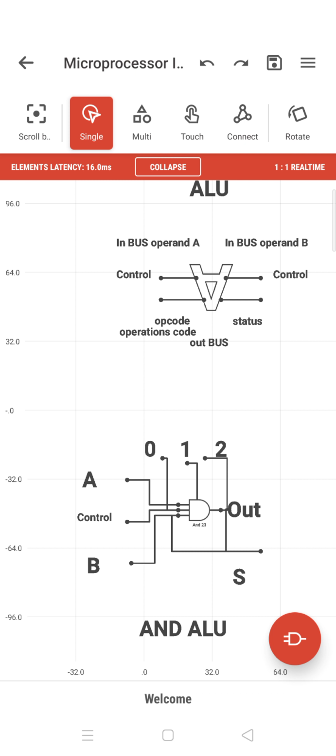Control is where you can make it 0 or 1, depending on whether you want the output to come out. So when you have the control as 1, and A is 1 and B is 1, then you get an out of 1. That is the output, depending on the control and the data operands that you have. If you have data operand A equal to 0 and B equal to 1, and control 1, then you get an output of 0, which means it has done an A and B operation. So it is a kind of AND gate circuitry.